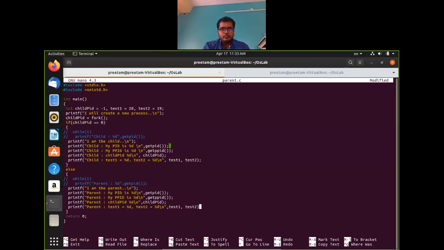So both of them will print the same value, but always remember they are coming from two different memory locations.